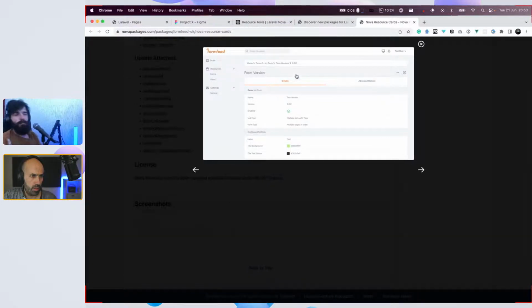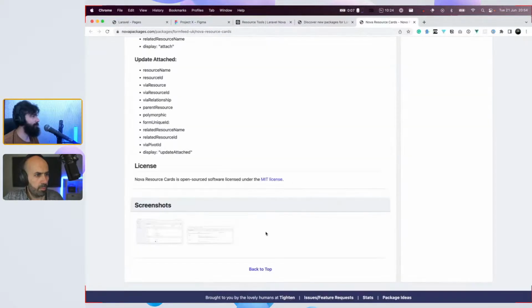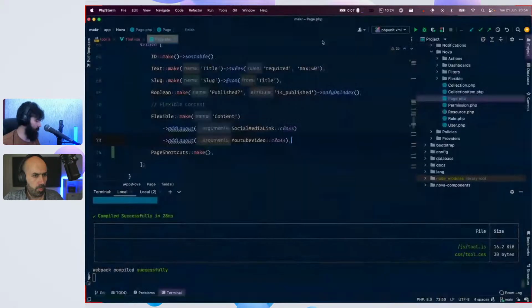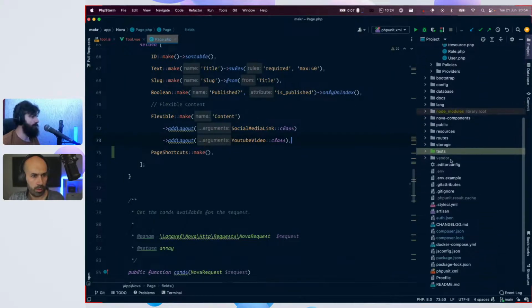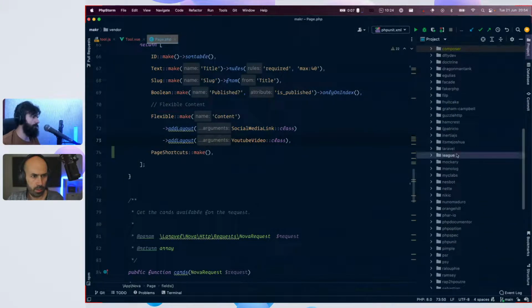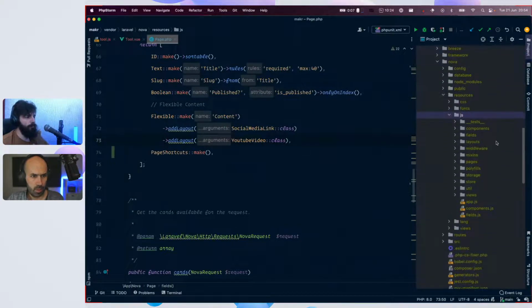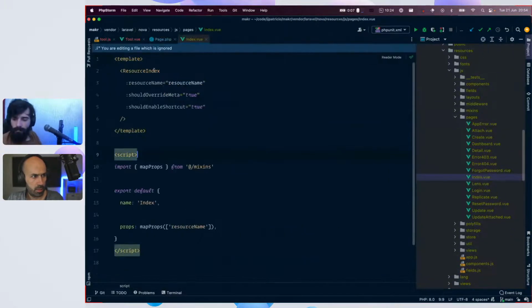So this is in a display. What is this card? Oh, it's a breadcrumb. Okay, so vendor, Laravel Nova resource, yes. What will be here? Pages index. It's a resource index.